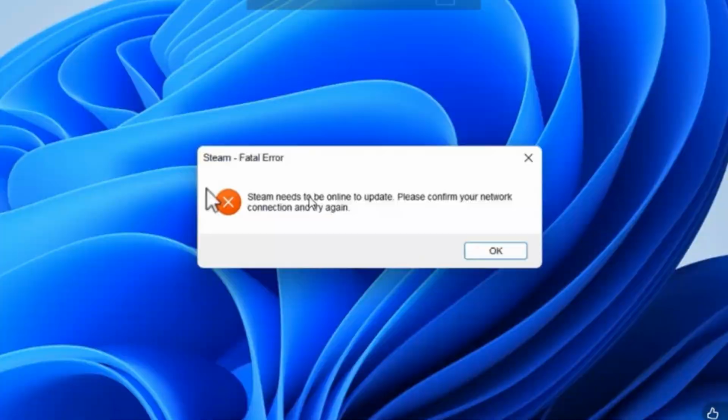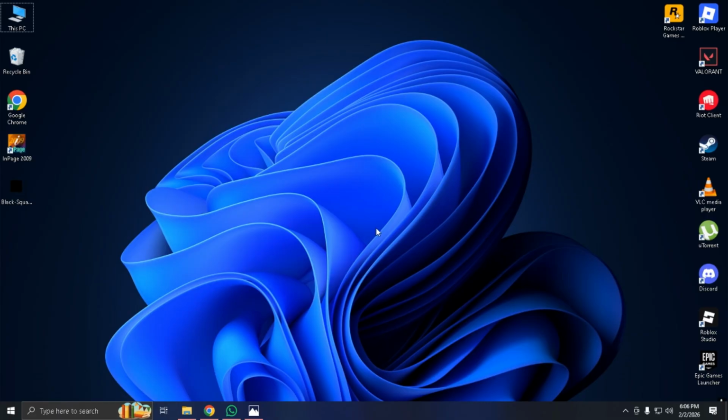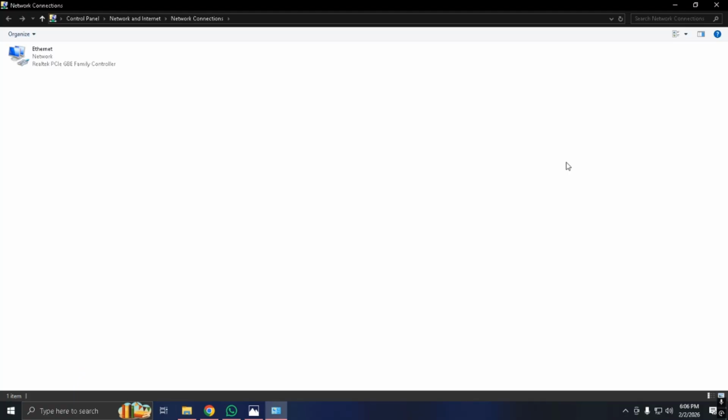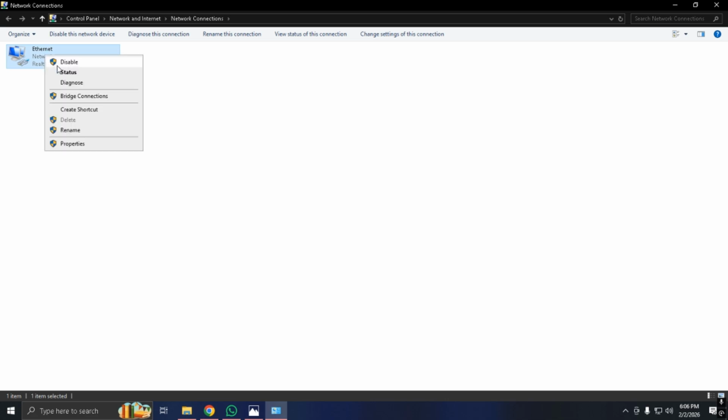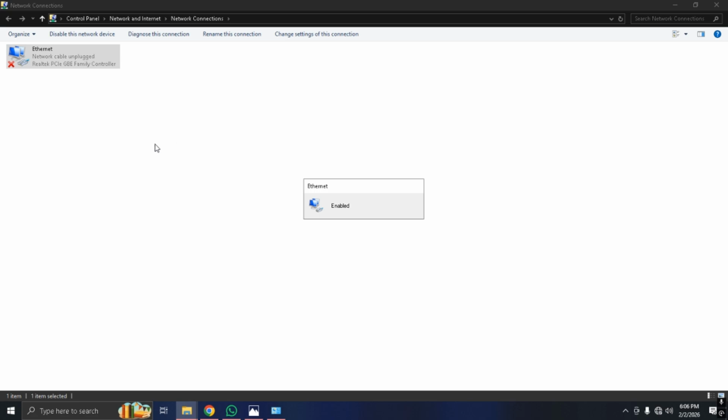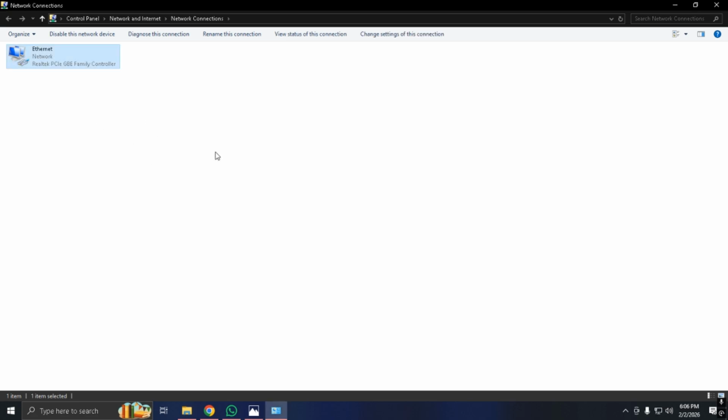Let's get started. First, get over to your desktop and then press Windows R. Here you have to type ncpa.cpl, click OK, and it will open your network connections. Find your Ethernet, right click on it and click on disable. Now click on enable again, and once you do this you have to restart your PC and hopefully your problem solves. If your problem still occurs, make sure to comment down below so we can bring a detailed guide